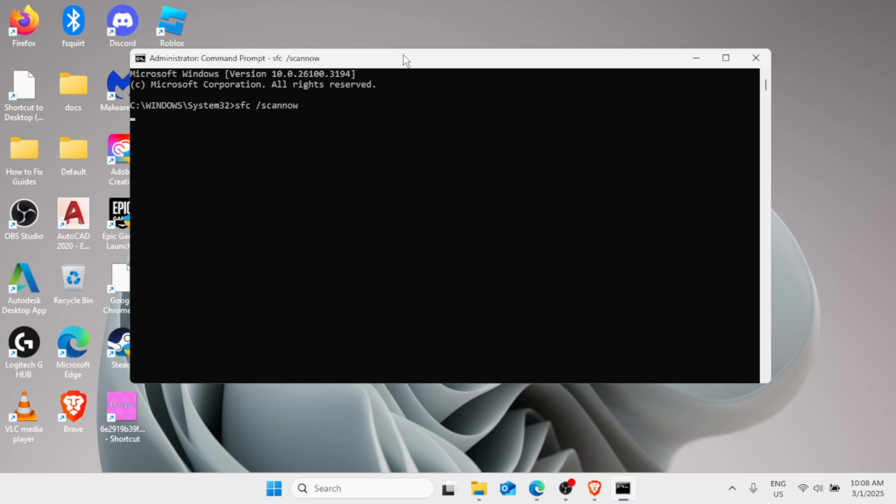So what this will do is scan for and repair corrupt system files, including checking for integrity violations. Once this process is done, you can simply close out of here, and then